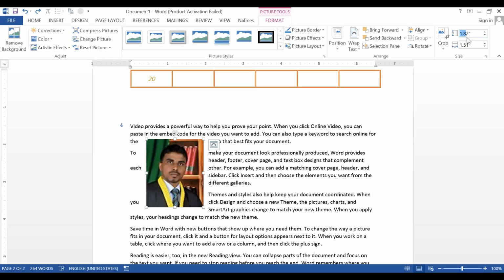Then don't worry about Photoshop. You can simply use these MS Word options to do any formatting or editing work with your photos. It will give you the basic facilities to format the images or photos that you are inserting in MS Word.